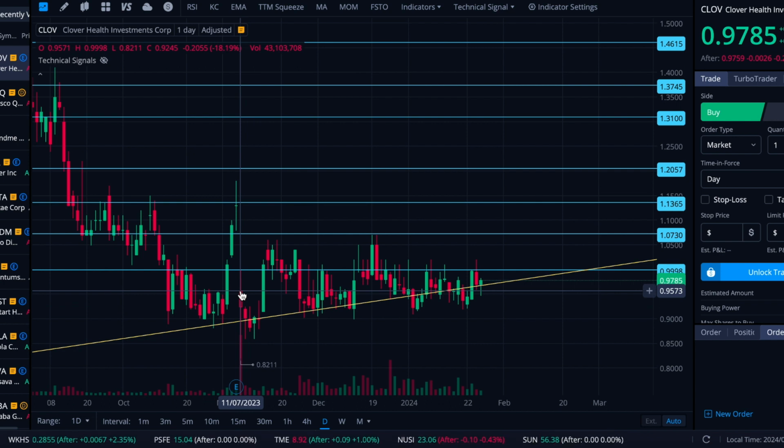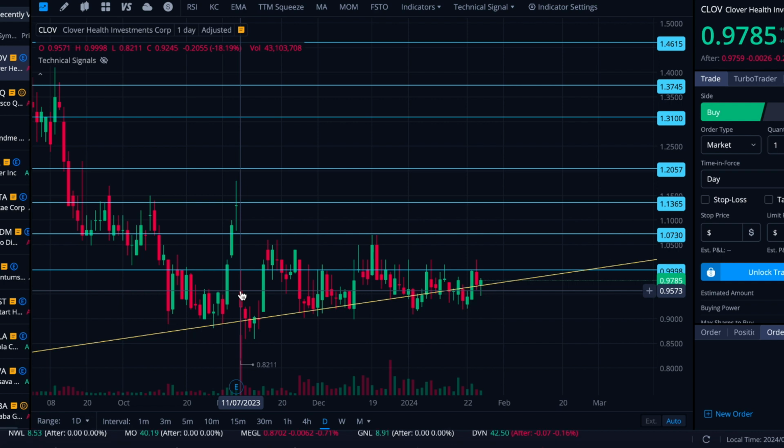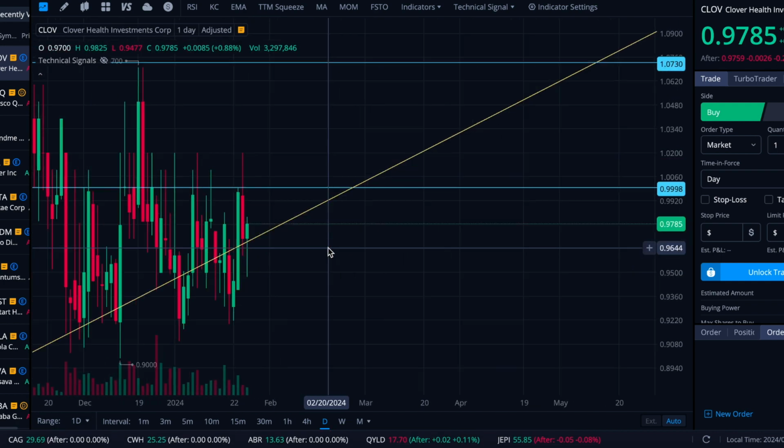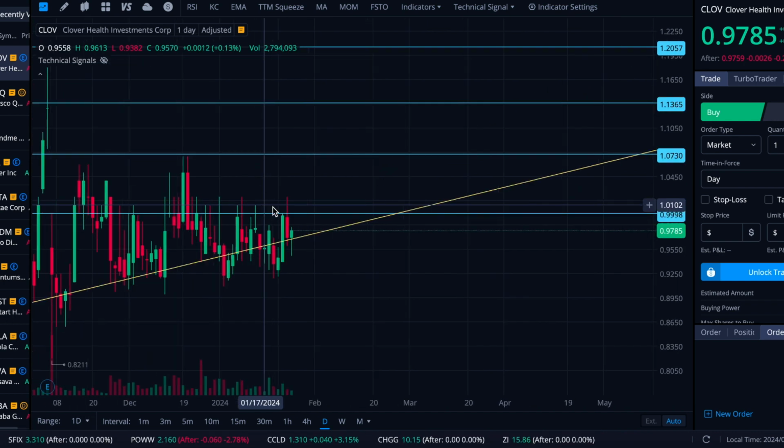Now it could certainly be a big move downward. Typically on an ascending triangle, or what I can also call sometimes a flat top, I look for it to punch through to the upside. I don't know if that's going to happen here. There's also the third possibility that it just continues to move relatively sideways and there aren't really any fireworks at all. But this is just me mentioning it's getting mighty tight in there,